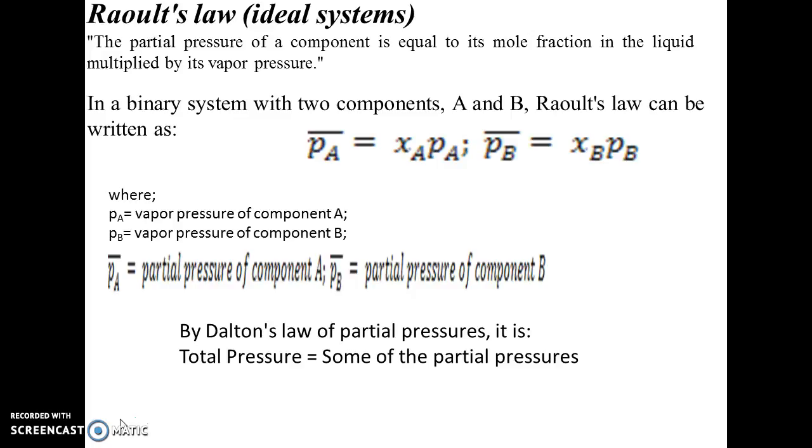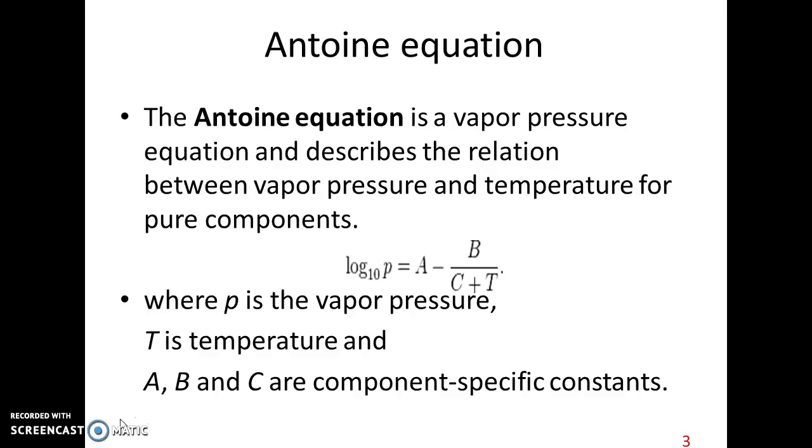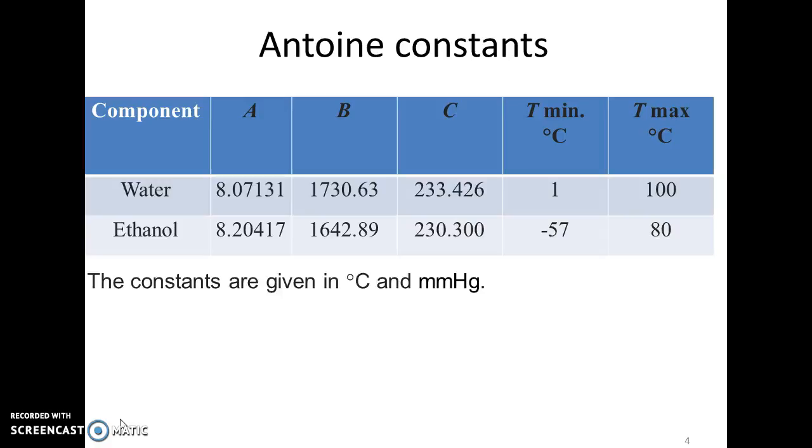According to Dalton's law, the sum of the partial pressures is equal to the total pressure. The partial pressures can be calculated by using the Antoine equation, that is log P is equal to A minus B by C plus T, where P is the vapor pressure, T is the temperature, and A, B and C are constants for a specific component. For example, for water, the A value is equal to